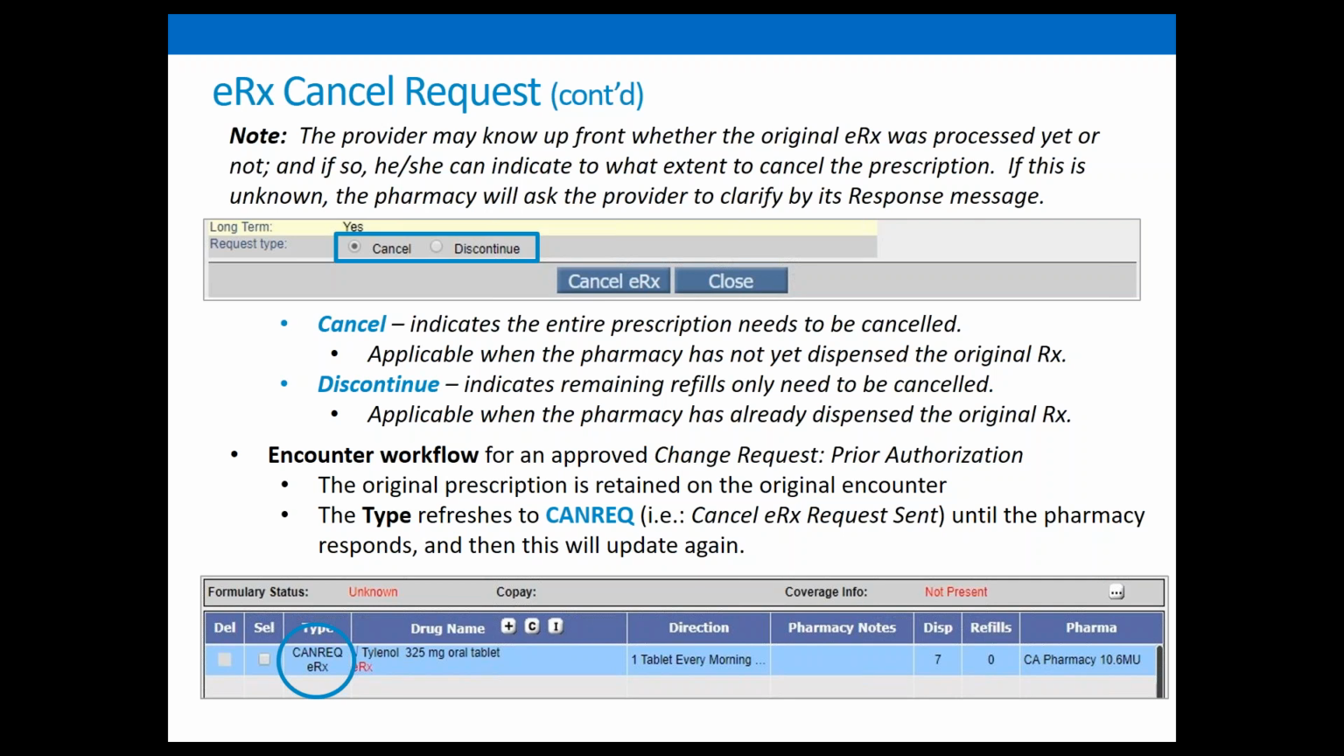Maybe you've called the pharmacy and are aware, patient went straight from your office, already picked up their prescription, but you had written it for 5 refills. And you decided, oh no, this isn't going to be a good drug long term. You just want to discontinue those refills. So if you know up front, you could go ahead and say discontinue here instead of cancel,